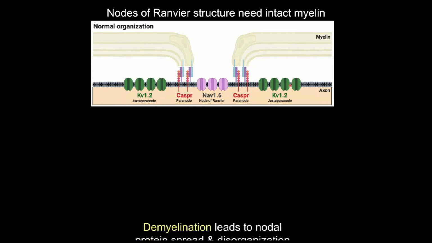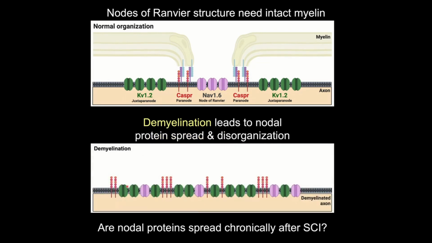What happens when there's demyelination? These nodal proteins actually spread. So they kind of tend to get lost. And you can see here's an example of sodium channels and potassium channels that used to be highly organized and separated. They spread along the lesion, these axons, to become intermingled. And as you would know, then this would no longer allow saltatory conduction and rapid action potential conduction.